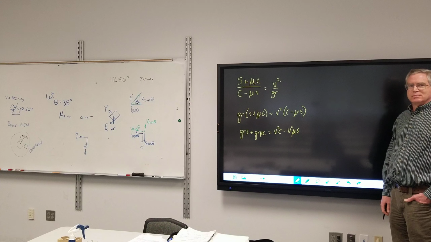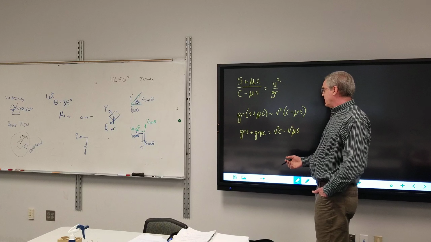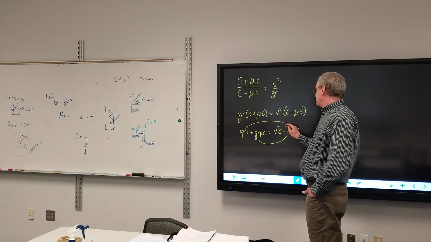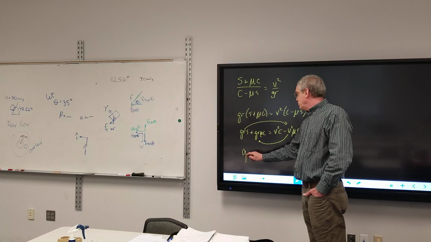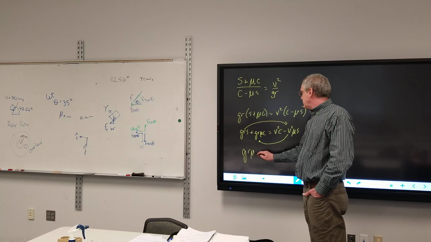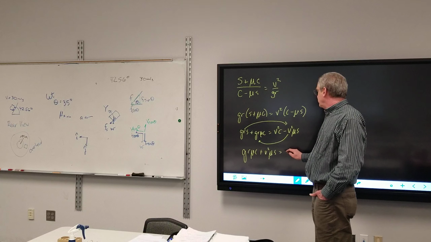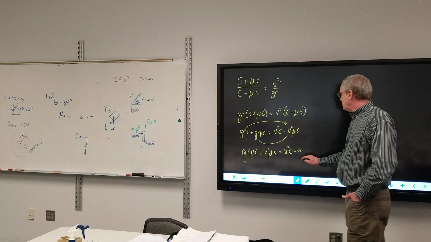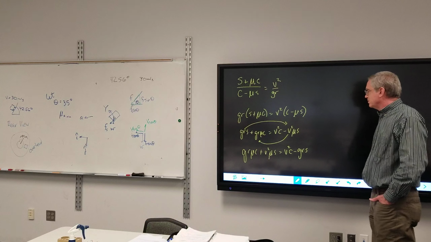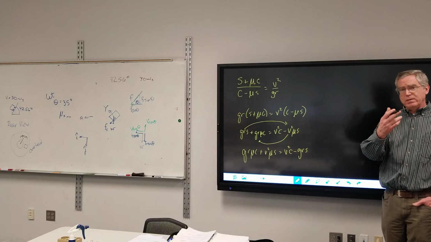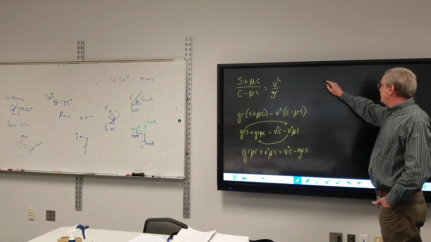Get mu by itself. Yeah, all right. So first we have to get the mu terms together, so I'm gonna bring this over to the left-hand side and that over to the right-hand side. So I'm left with gr mu c plus v squared mu s is equal to v squared c minus grs. Trying to get mu by itself, as Kevin said, so we're gonna factor that out, so I get mu